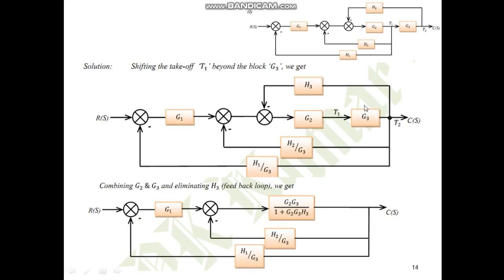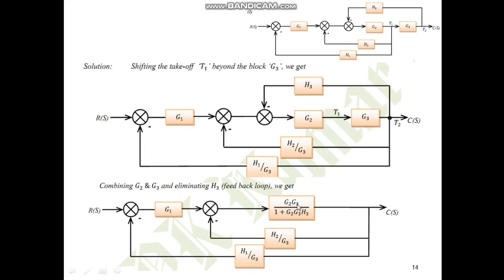So we can eliminate this by taking into account that the multiplication of G2 G3 is G2 G3 divided by 1 plus, because this H3 is negative, so 1 plus G2 G3 into H3, you can see here. So to eliminate these two blocks and this single block in the reverse line, we use the minor feedback